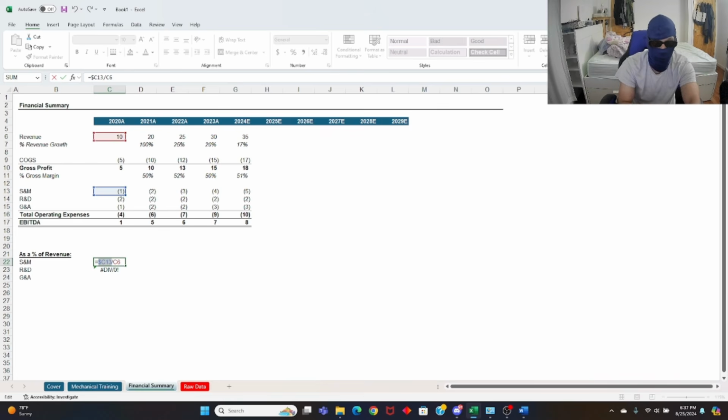And these $ signs are anchors. What they do is that if you're anchoring to both, there's $ signs. The letters are the columns, the numbers are the rows. So if you have a $ sign in front of a number, it means that when you drag the cell, the rows will not move as you drag it, but it will move column-wise. If you anchor the letter, it will move column-wise, but it'll stick to the row, right?